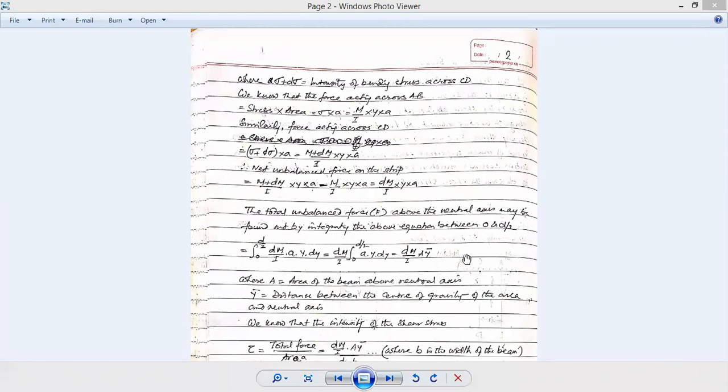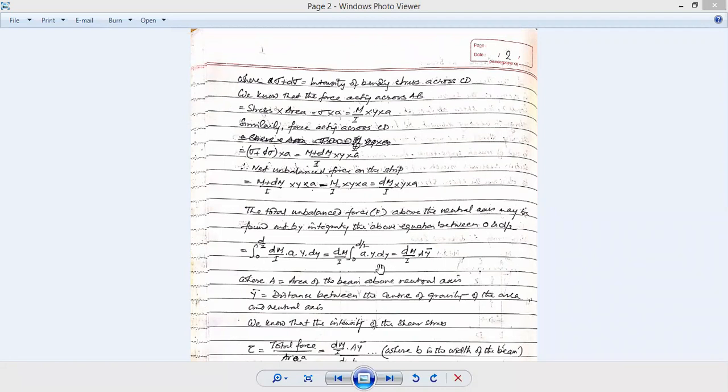So the neutral axis is going through the central axis of the beam. We can safely calculate the stress if we integrate over half of the depth of the beam, because the other half is an exact replica of it. So if we